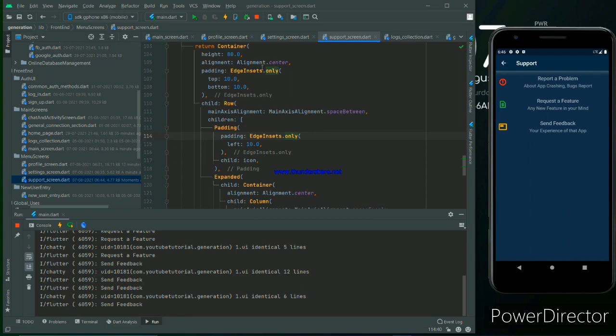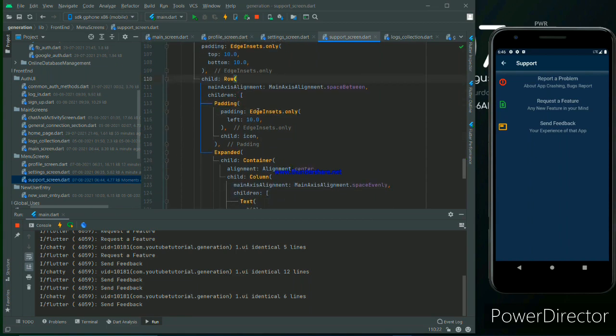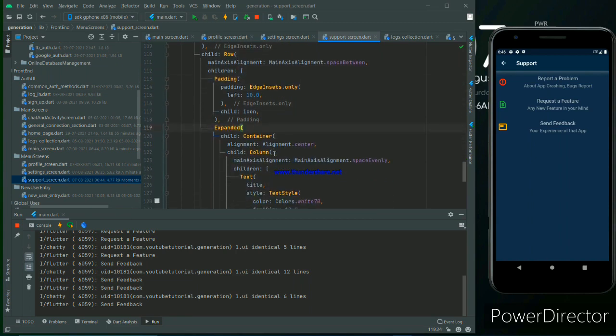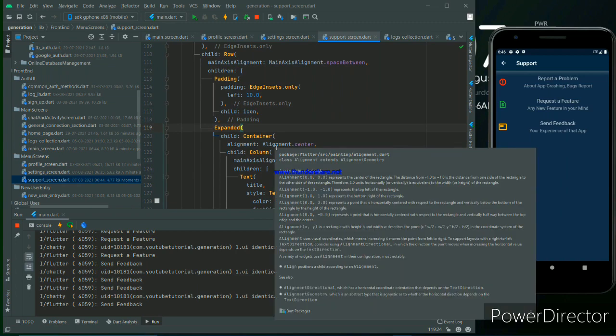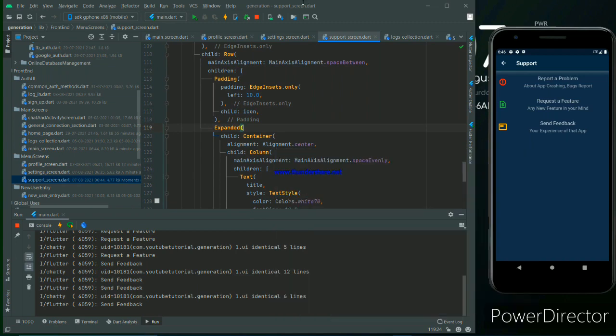Actually it uses the same row padding and expanded, just like before, when we made the setting screen, there is a common method, and it happens in that way, but I also explain, don't worry. There is padding from the left 10.0, and then the icon is present, and after the icon there is some gap.